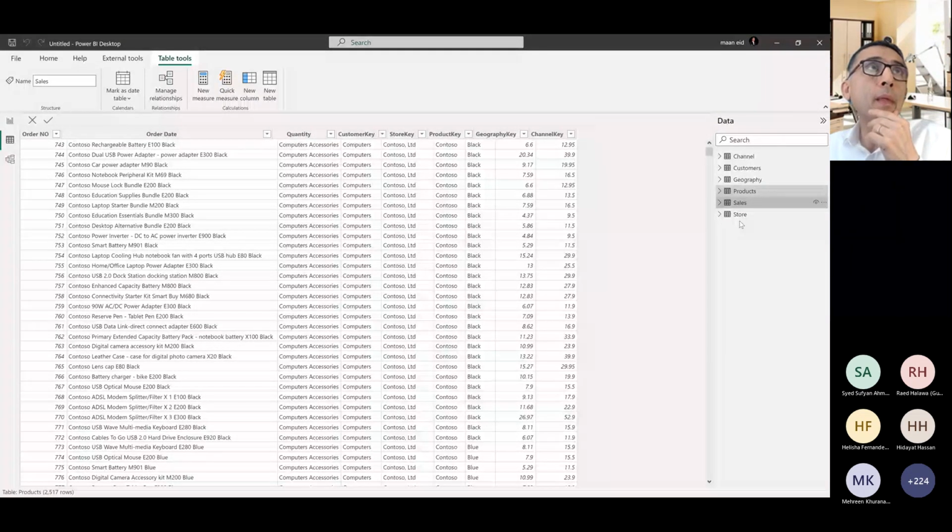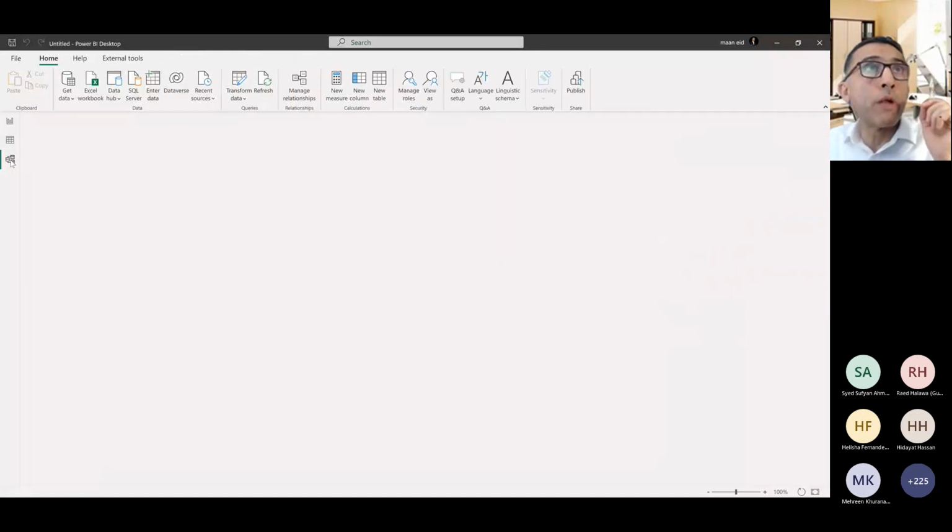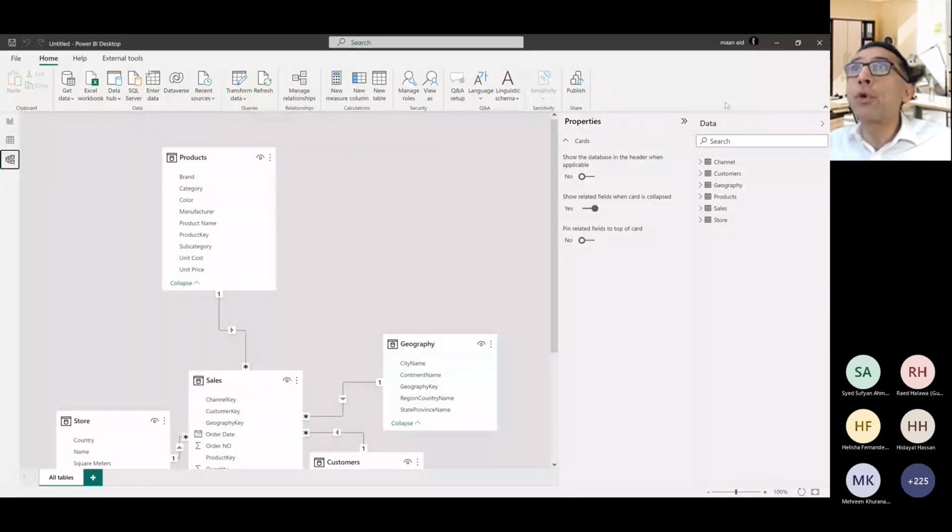So I will go there and I will start building my visuals here. But before I do that, you have to do that all the time. Let's see if Power BI was able to understand and recognize the relation between these tables. Because what we did is we got all these tables, how are they related? How will I know that? So I will go to the model view here. In the model view, you will see